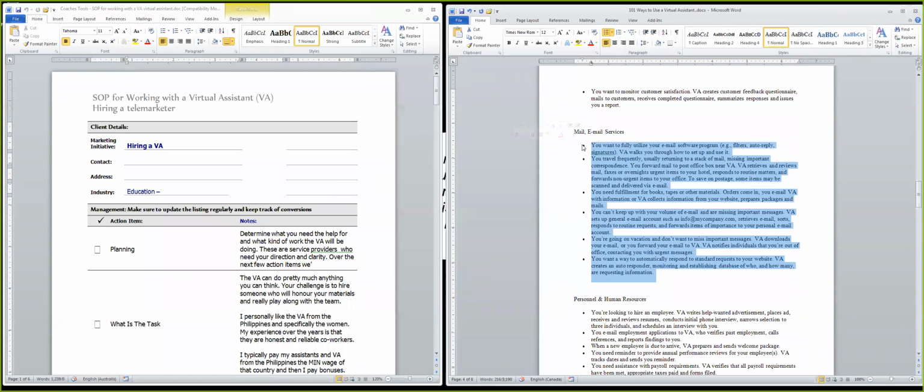But if you're getting a telemarketer to do a sales job or to book appointments for you, especially if they're calling into Canada, you'd better be prepared to spend a good 20 hours educating and burning leads, because you're going to have to train that individual. But once that person is trained, they become a very valuable asset for you. So you can do it for email services. You can do it for human